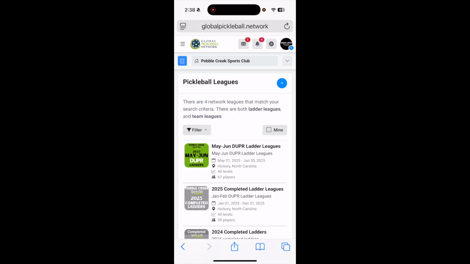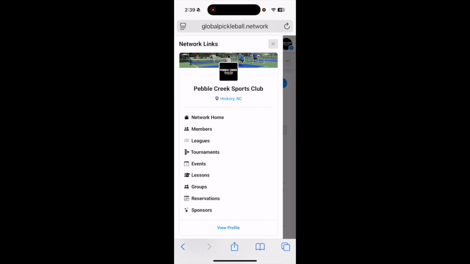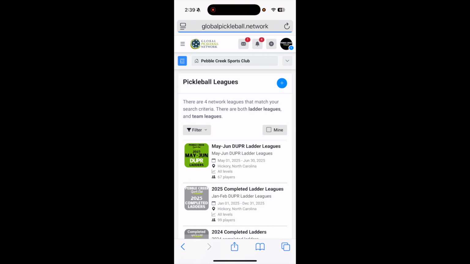Another way to get there is if you look across the top where your avatar was, that row has a menu on the very top left beside Global Pickleball Network. That's the general GPN menu. We want to click on the Pebble Creek Sports Club Network menu, which is one row down, and the blue menu on the left on mobile. And again, there's the Leagues menu, so we can click Leagues, and then we select the league we want to